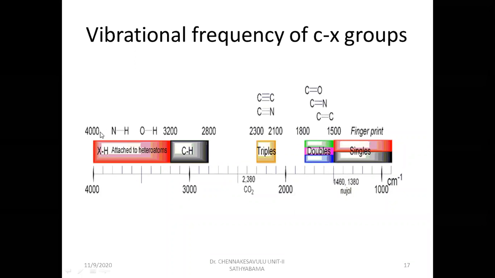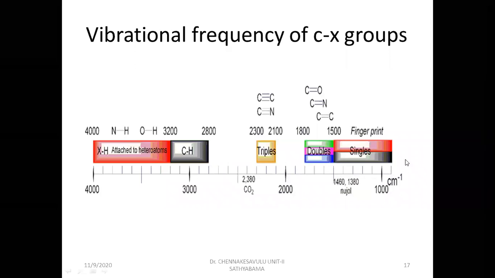Where will the frequency be, and where will it absorb energy? O-H and N-H absorb from 3200 to 4000. C-H and triple bonds fall in the 2000 to 3000 range, double bonds in 1500 to 1800, and then single bonds, and moreover 1450 to 400